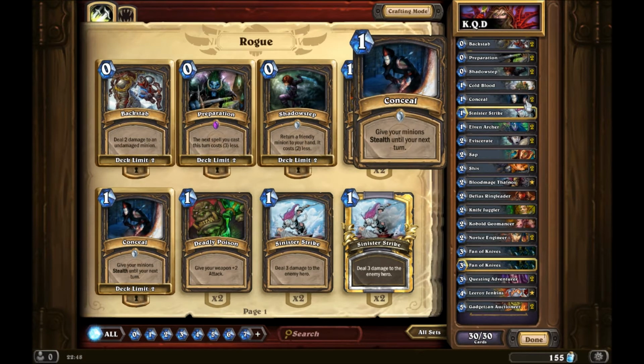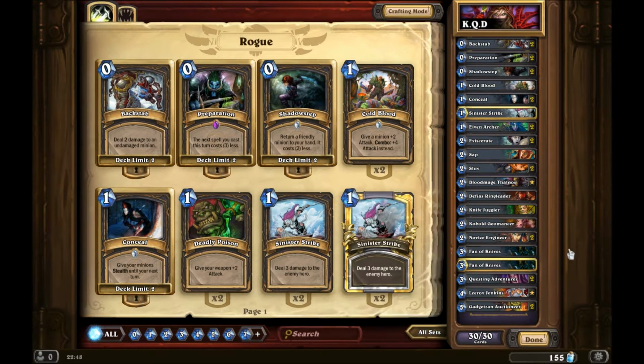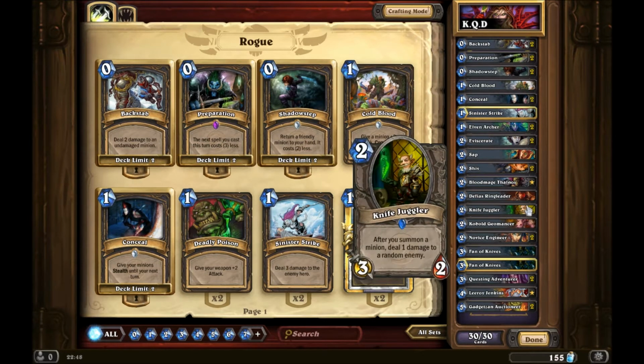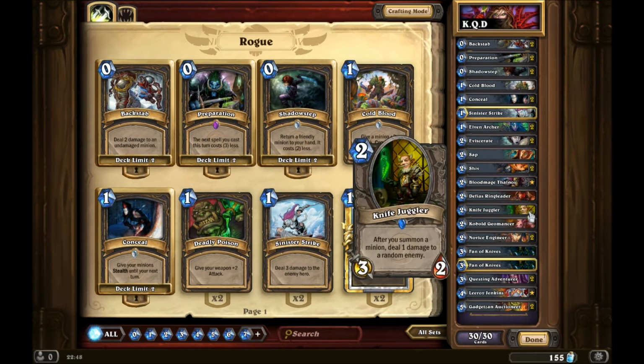2 Conceal. Generally you're going to want to draw into Conceal and play it after you get the Gadgetzan Auctioneer down, or the Questing Adventurer, to give them cover and enable them to carry on doing stuff the next turn. Elven Archer, cheap, low cost removal, solid 1/1 creature. Combos well with the single copy of Knife Juggler, because you get a targeted spell and then he'll lob a knife out. I used to have 2, but I found I have more spell cards, so I've put in...